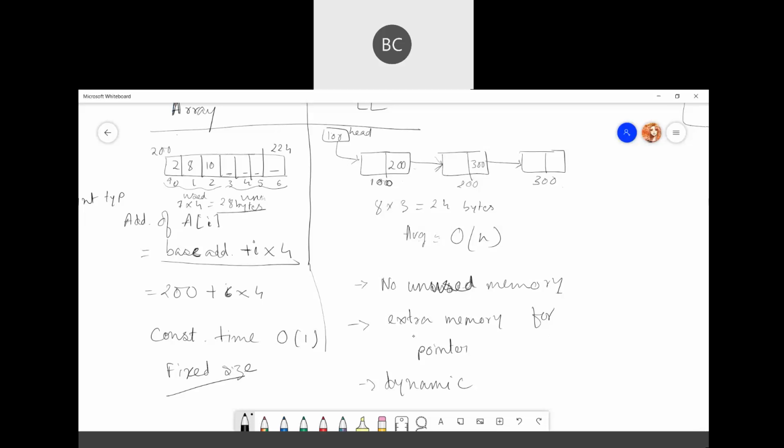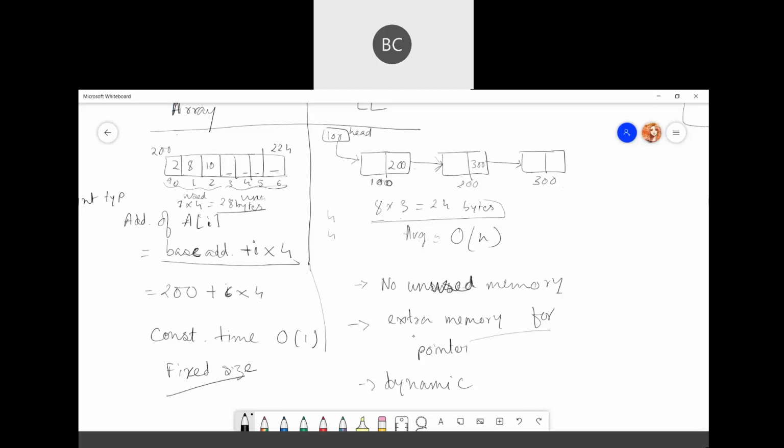Here we need extra memory, but there is no unused memory. Even from the 28 bytes, there is some unused memory. Here we are using only 3 parts, the rest are unused. But here all 24 bytes are used. How 8? Because just think the data part is 4 bytes, then the pointer part is also taking 4 bytes. 4 plus 4, 8.